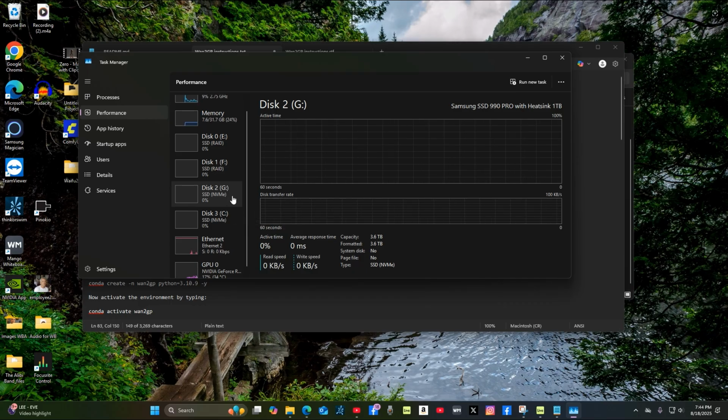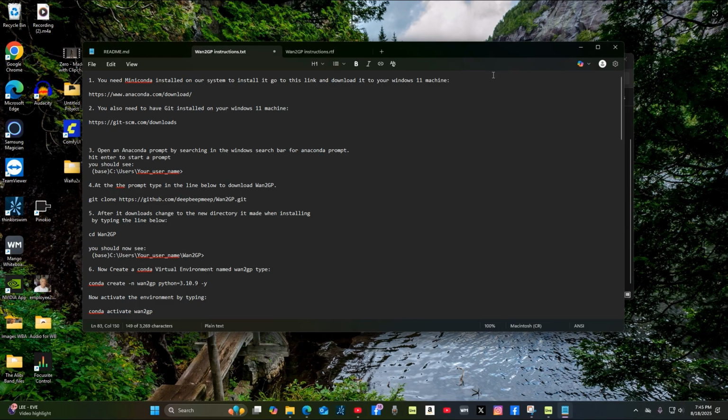So the reason we're doing this is because my C drive is filling up from running these AI apps. So Wan2GP today, we're going to try to install it on that new G drive